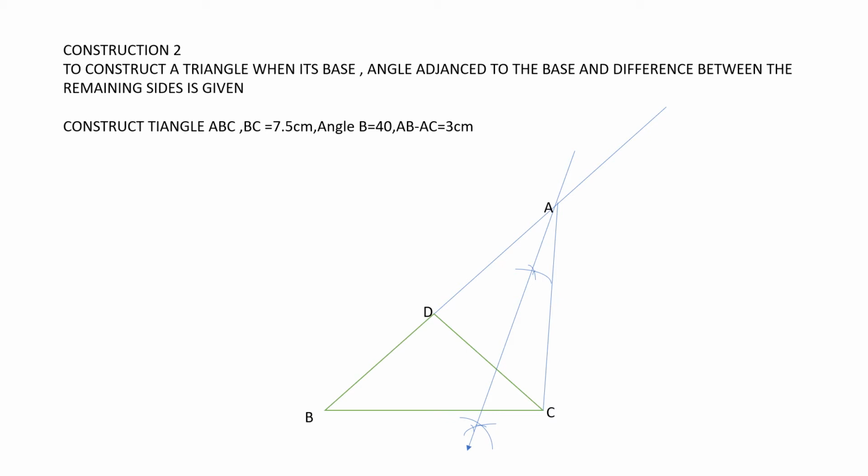With this triangle, you have to put a compass on the C point and make an arc in the same manner, here on the upper side as well as the lower side. After that, on the D point you have to keep your compass pointer and make an arc here, on the upper side and the lower side as well, right? You have to draw it very carefully, properly labeled, neat and clean, in your notebook as well as for your exam purpose.